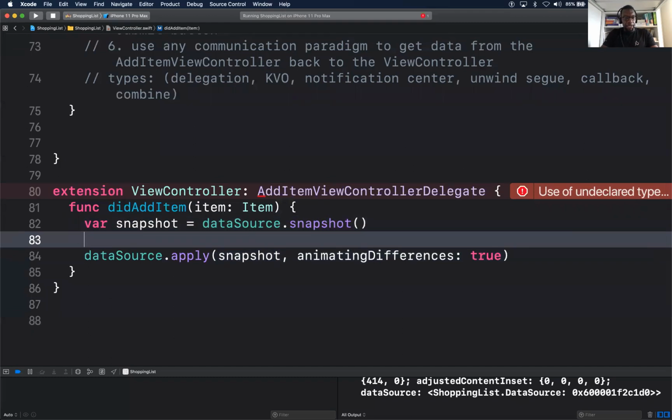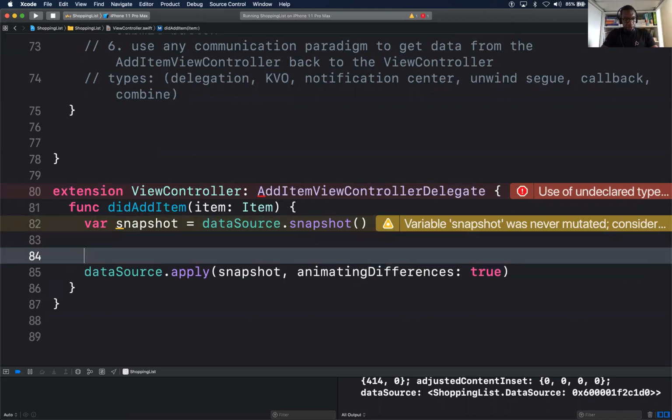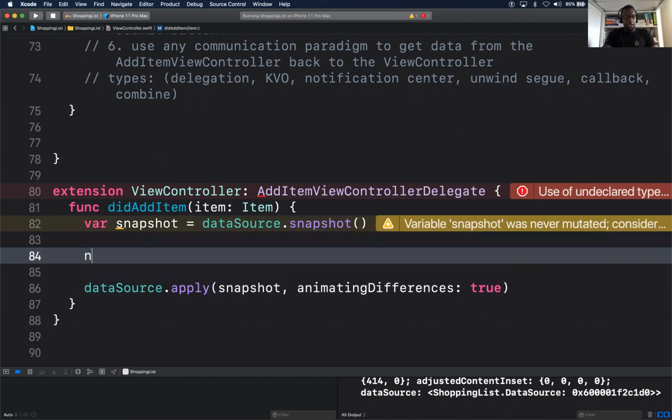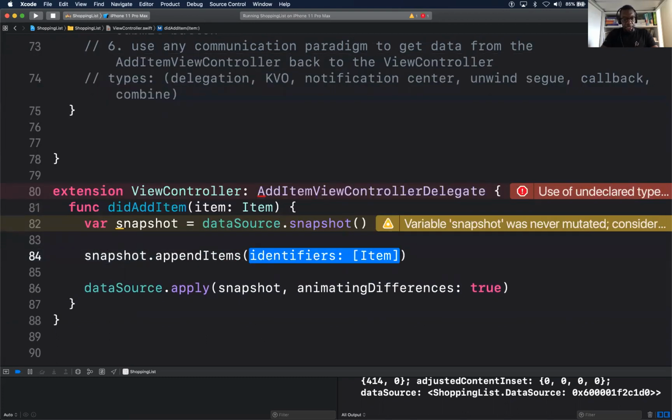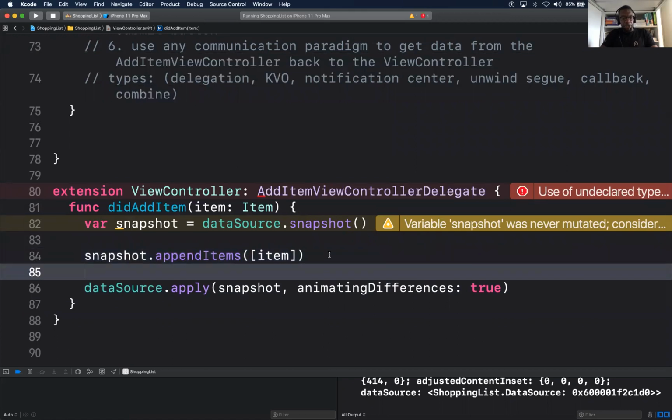And here, like Mr. Bien said earlier, snapshot, I would just go ahead and add it. So snapshot here, dot append the item. And you'd have to know the category. How does one know the category?